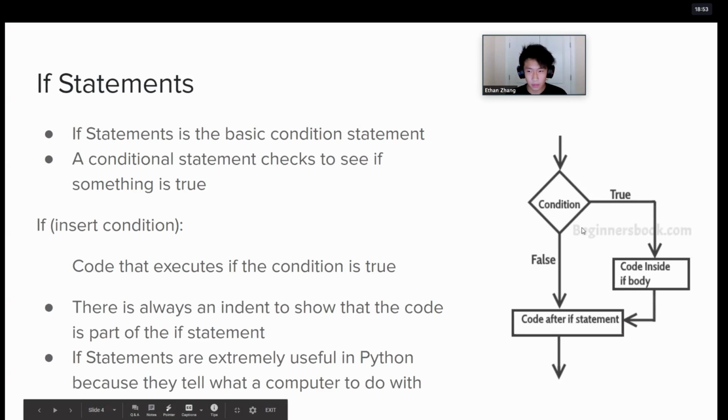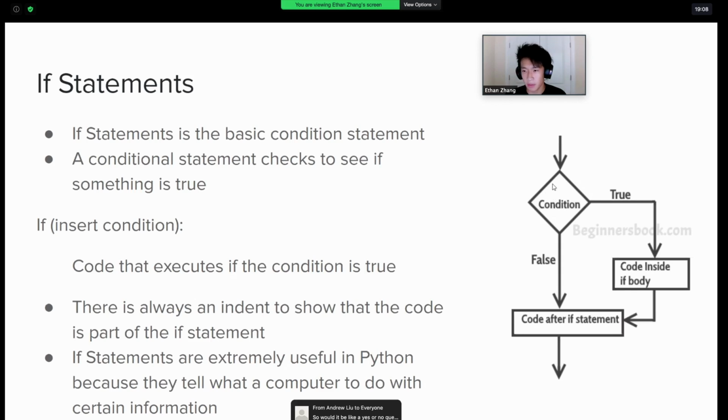And here I have a tree-like chart showing you how an if statement works. So Python's going to see this condition right here, which is basically our if statement. So it's going to check if our statement is true,